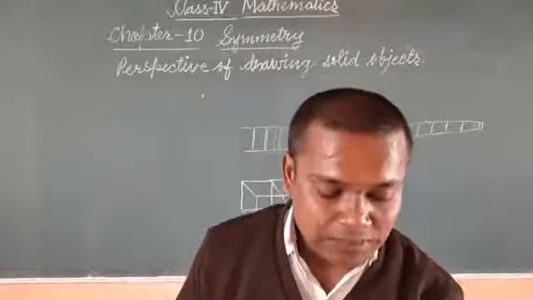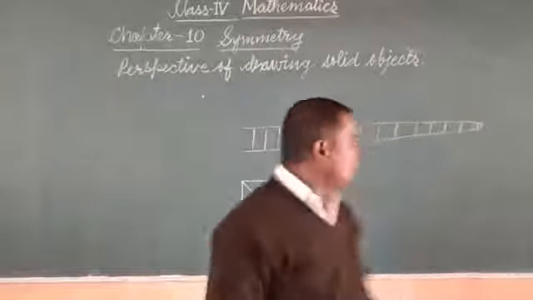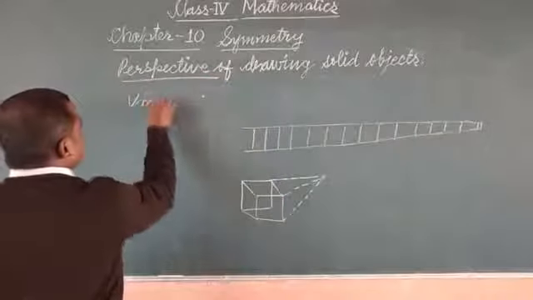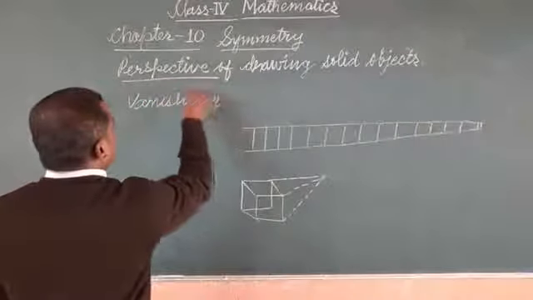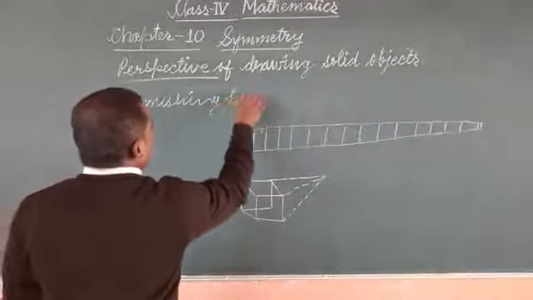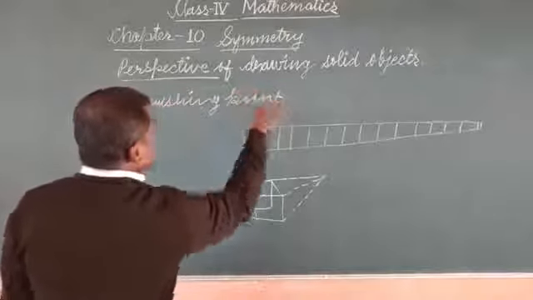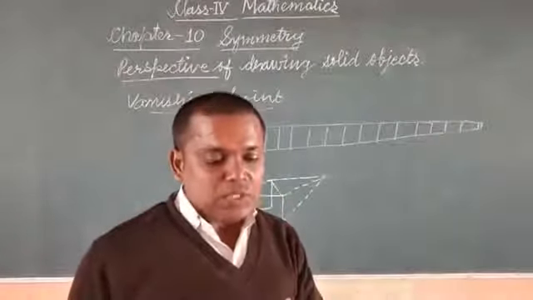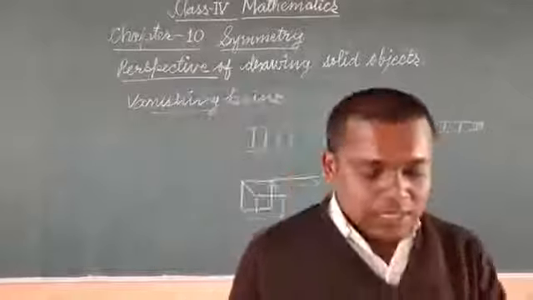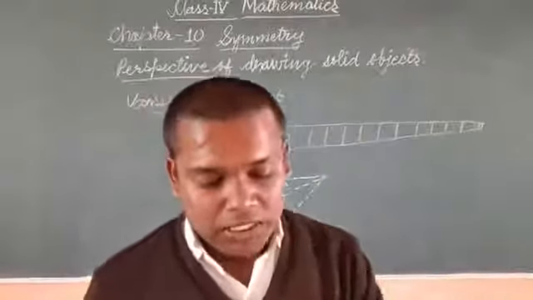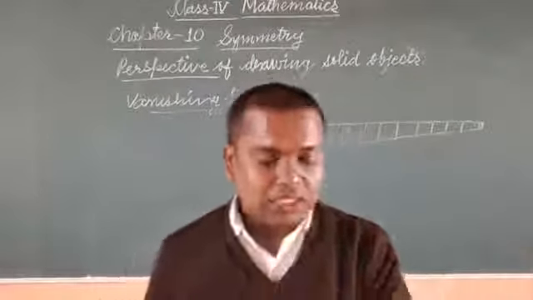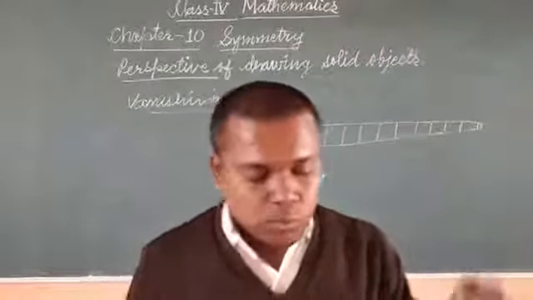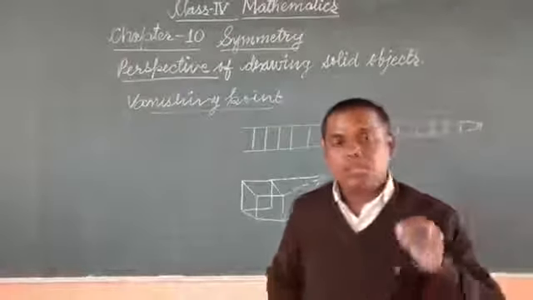Okay. Now vanishing point. Now we are going to study vanishing point. It is a point at which a perspective view seems to vanish. Vanishing point is that point where lines parallel to each other in 3D scenes will appear to vanish when the scene is drawn in perspective.